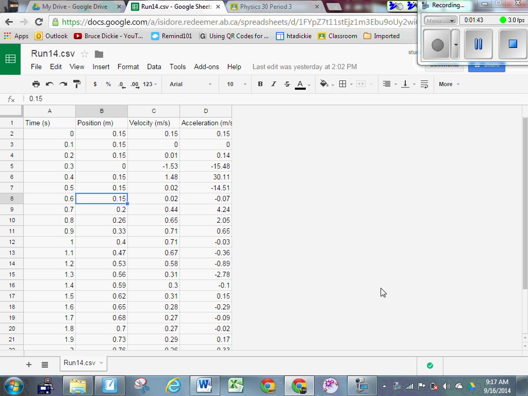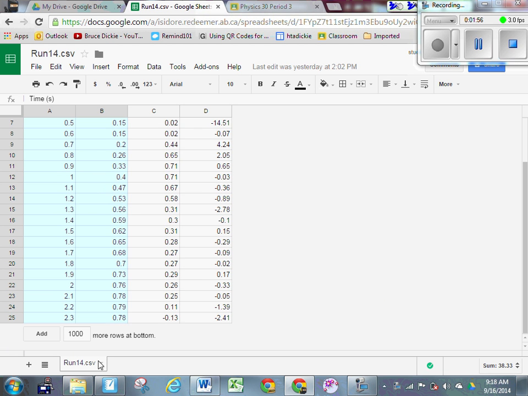So watch what I'm going to do here, guys. This is the raw data that came from somebody's iPhone yesterday for trial 14. I'm going to copy over position-time data only. You could copy over everything, but there's no point in copying over the velocity and acceleration. So I'm just going to copy over the first two columns, Control C. Okay, I'm going to go into my